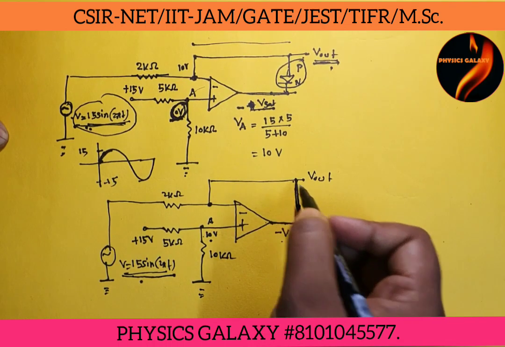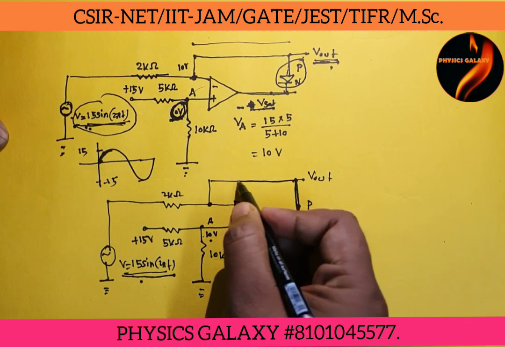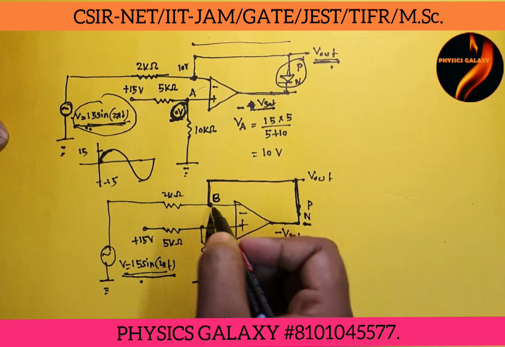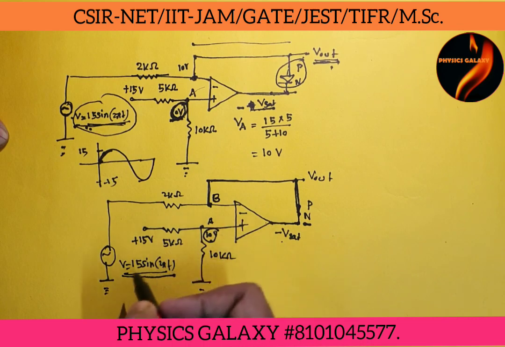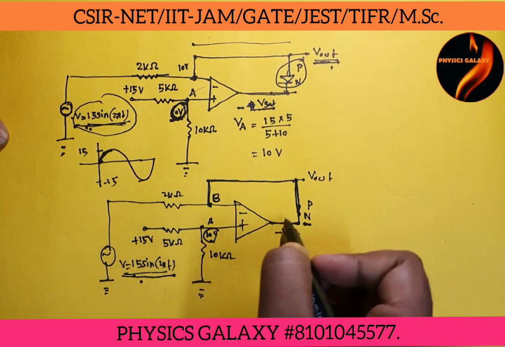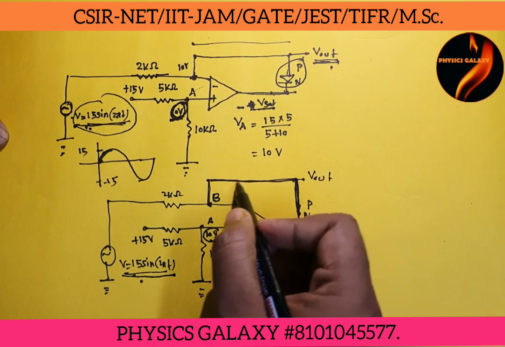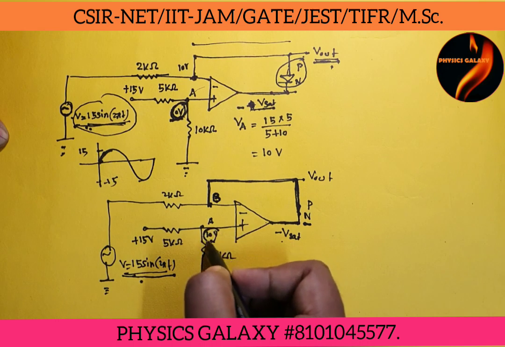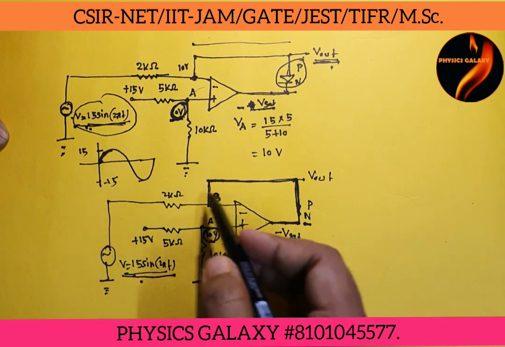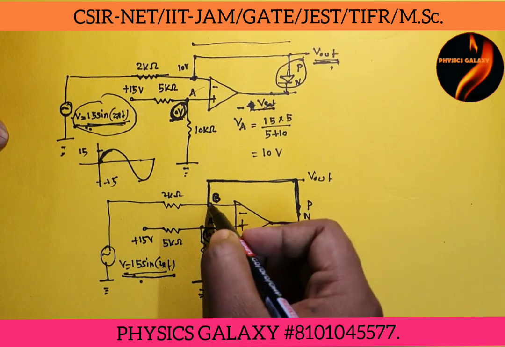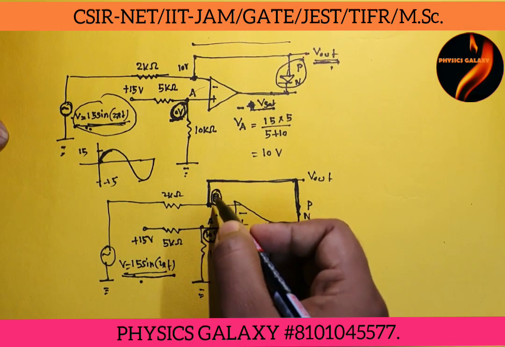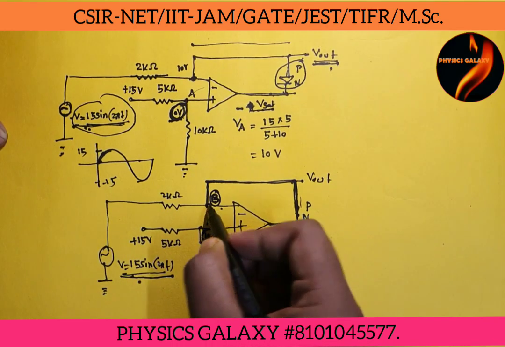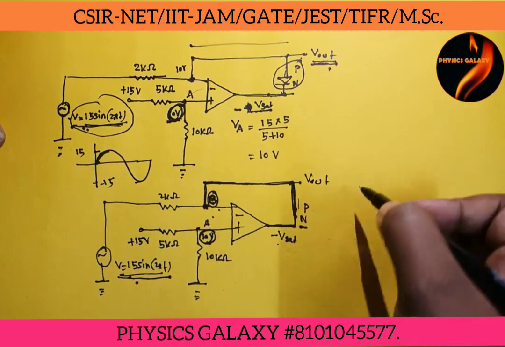Means in this feedback condition, the potential at the point B will be equal to 10 volt. So when the input voltage is greater than 10 volt, then the feedback circuit is acted and the voltage at the point B will be reduced such that it will be equal to the potential at the point A. So in this condition, we can say that at the point B, always the voltage will be equal to 10 volt due to this feedback condition. So the potential here at the point B is always 10 volt.